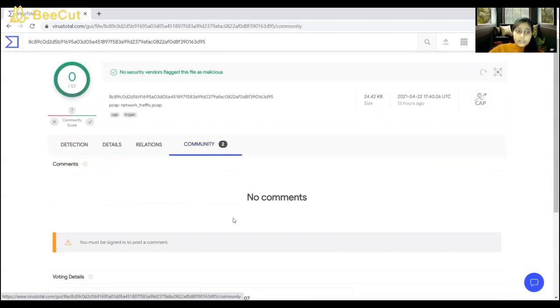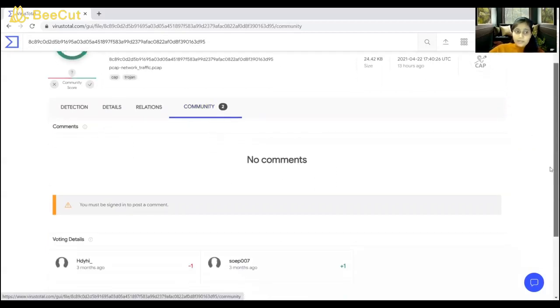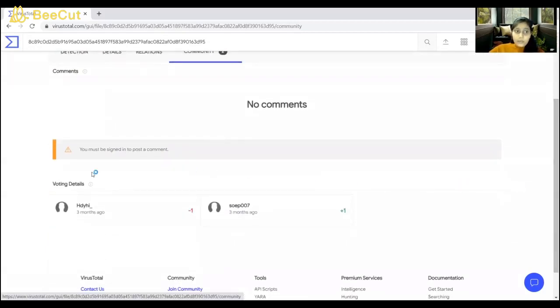In the comments section, there are no comments, but you can see the voting details. There are 2 people here who voted. These are the comments made by the members of the VirusTotal community. Most recent comments are listed first.